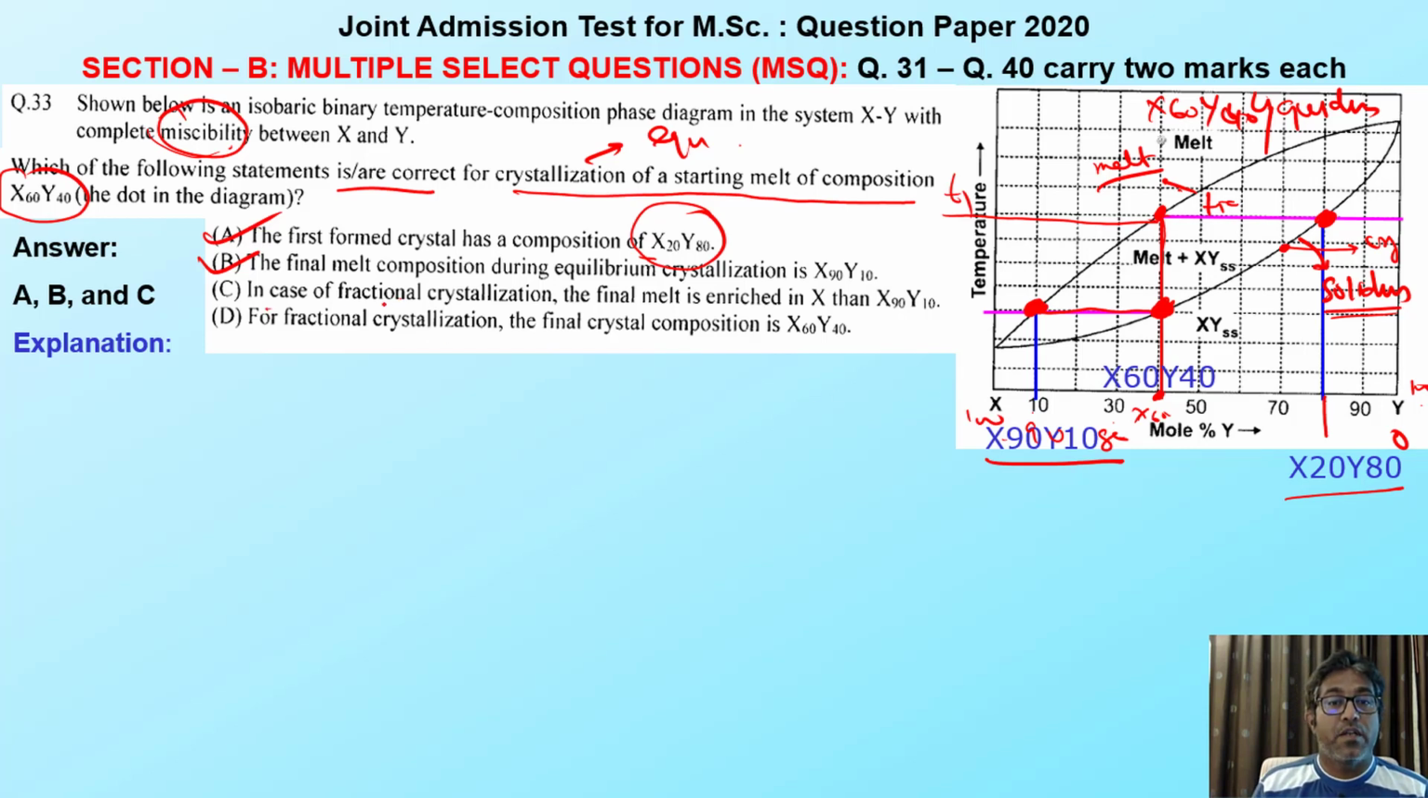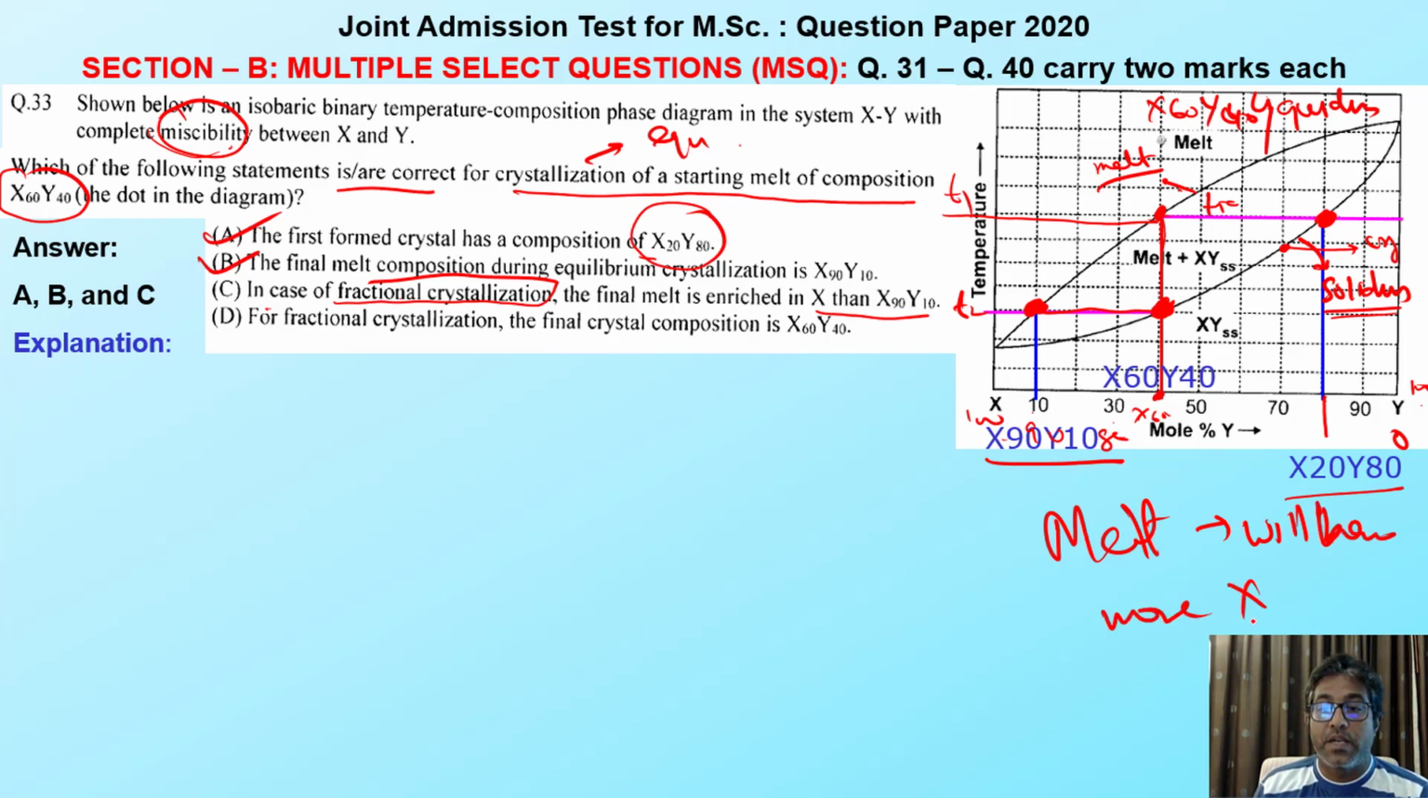Now I am talking about fractional crystallization. This is on temperature T2. The final melt is enriched in X, so the melt will have more X. Let's see, it should have more than X90 or Y10. You know what is the difference here? It will slide a little bit more, because it has fractional